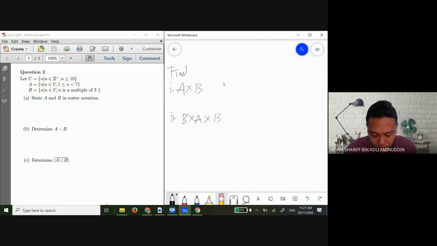Dan selalu paling cepat saya nak check ialah saya tengok jumlah dulu. Dia senang tapi senang silap. Dia senang nak buat soalan Cartesian Product ni, careless je yang masalah. So make sure for A times B, the first elements come from A, the second elements come from B. Do not duplicate it. For B times A times B, kalau ni,